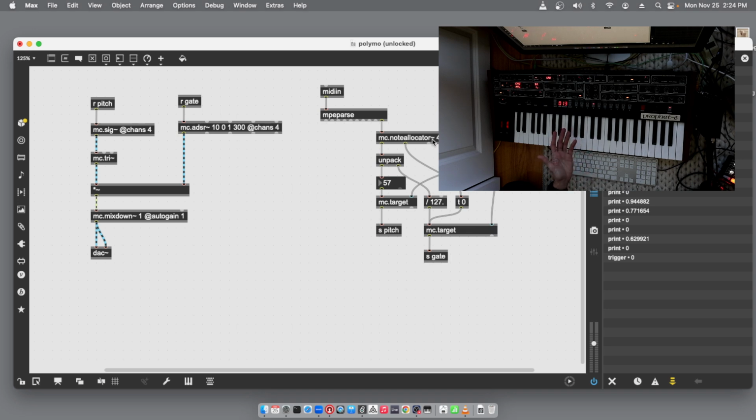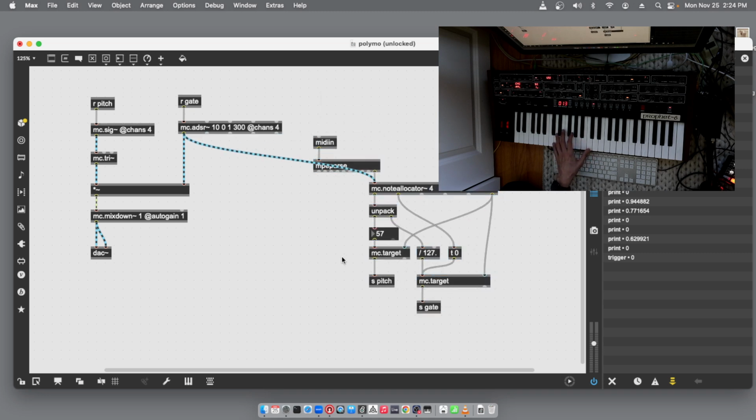A lot of students get confused about this, and I actually just forgot it now. And that is that the MC note allocator, even though it has access to the note on and note off gate messages, does not have any idea when the note's actually done, because the only thing that does that is the end of this VCA or the output of this envelope generator. It actually tells the note allocator when it's done, so we have to make that connection. So if I do that,